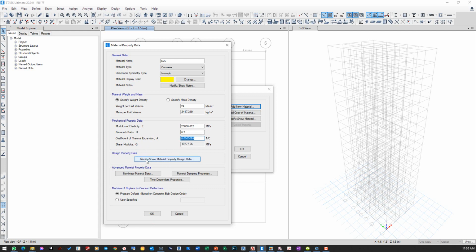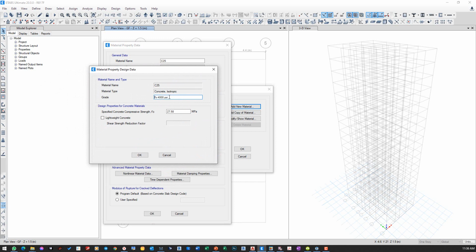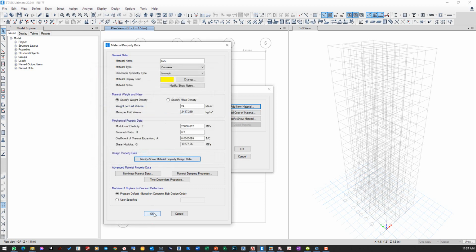And the design property data is more important. We can modify the grade, and this we can specify on our own. We can say fc 25 MPa cylinder. This we can edit the name, and the note for the concrete type is the 28-day strength. Then the design property for the concrete material, yes, is important: 25, the same as our grade. Okay, and okay,